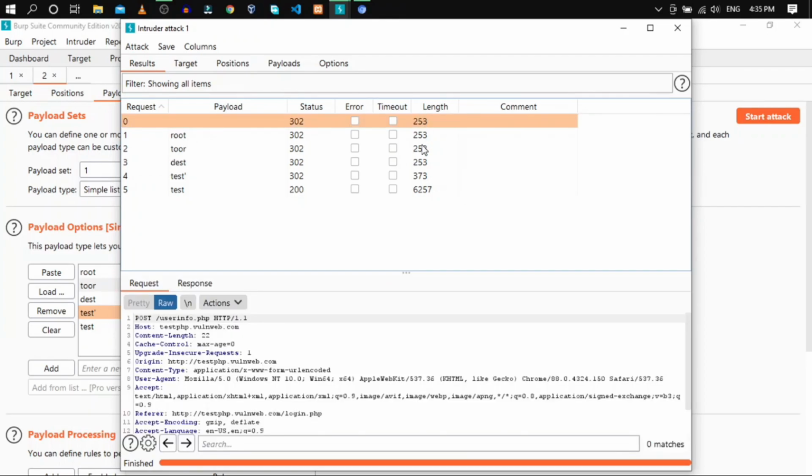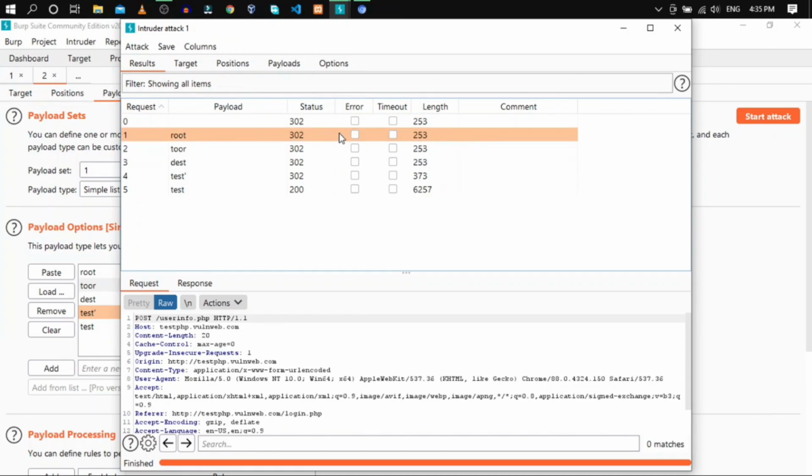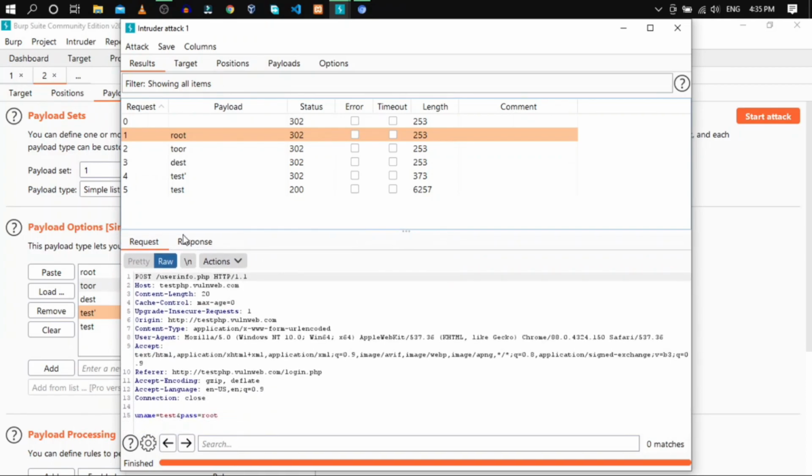On the length column, as you can see, we have these numbers. Basically, the length column displays the size of the page in bytes. As you can see, for the most part it has returned a length of 253. Let me click on a random 253, and down here, in the request and response section,